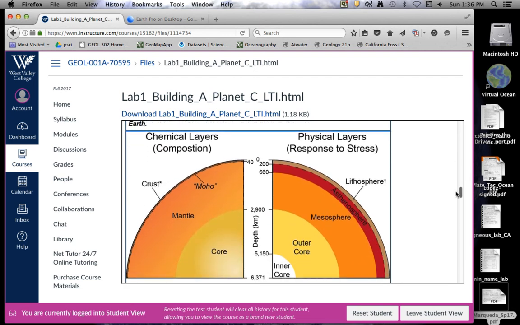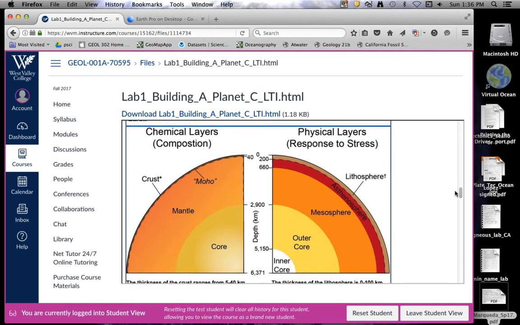One of the things that I like about this little introduction here is that they do kind of look at the Earth in chemical layers versus physical layers. And in my lectures later on, you'll see that I pretty much talk a lot about these chemical layers. There's the core, the mantle, and the crust. But also, I talk about these, and I don't emphasize that they're chemical or physical, but just know for now,